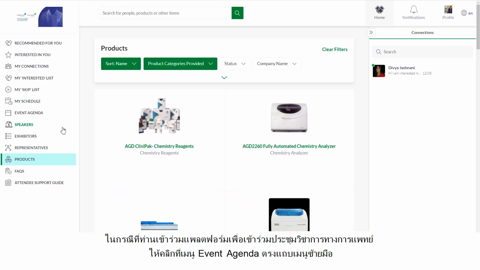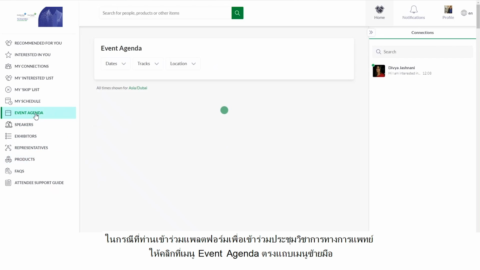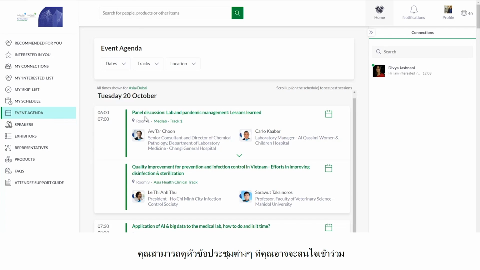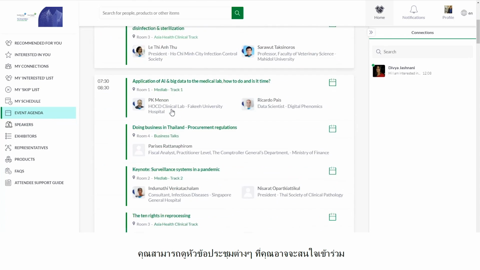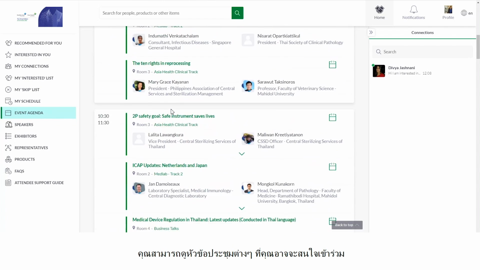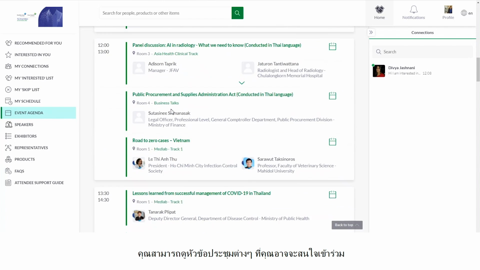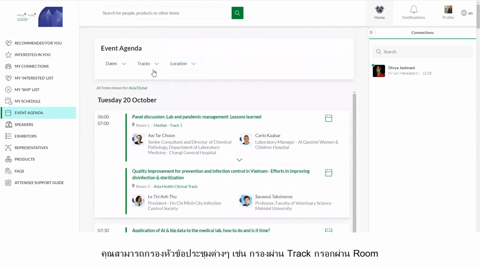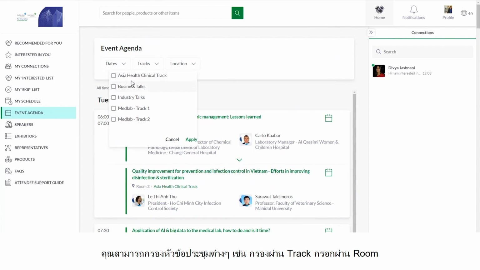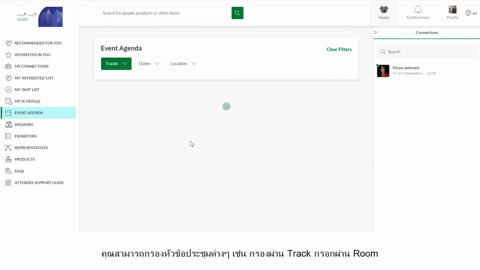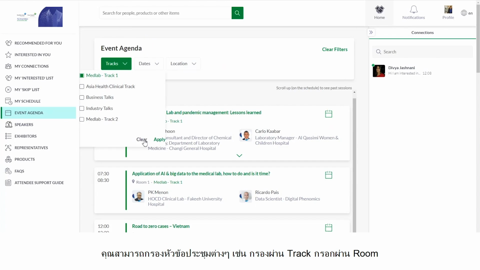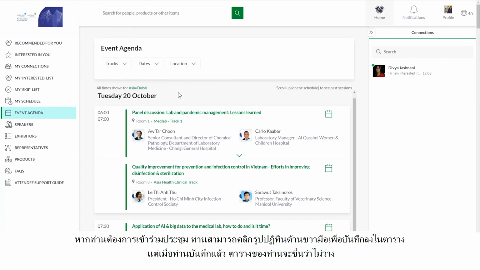Now, if you're here to attend sessions, if you're here to attend a whole stream of conferences that our conference production team has put together, you may choose to go into event agenda, and you can quickly have a walkthrough of all sessions, topics, the speakers, and the tracks to which those sessions belong. You can have a quick overview of all the sessions that you might be interested in. If you're looking to filter sessions by a particular track, let's say you belong to the laboratory industry, you can filter them by track. You can filter them by rooms. So if you have access to only one room, then you can filter them and see which sessions you want